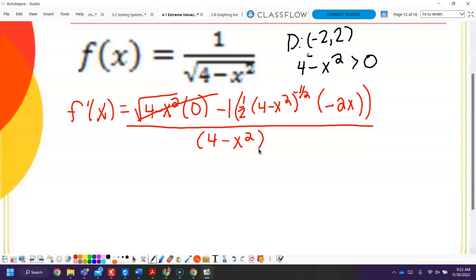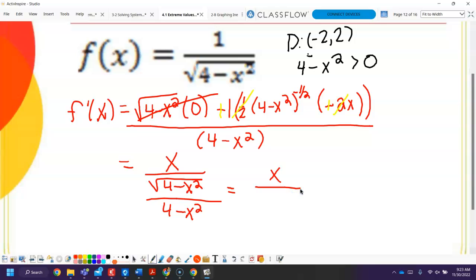Cleaning this up, your negative times a negative turns to a positive. Your 1/2 and your 2 cancel. So now you have x times the square root of 4 minus x squared, that is a negative. So you have x over the square root, all over this, multiplied by your reciprocal. So that brings that up, and you get x over,